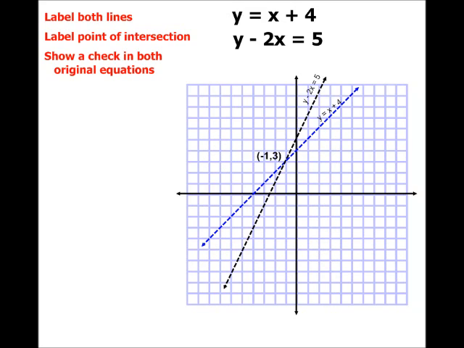So number 2, I got a solution of negative 1, 3. Those are what the lines look like. Notice that I labeled both of my lines. I labeled the intersection point on the graph. And then a check in both equations. I would write the equation here. I would write check,